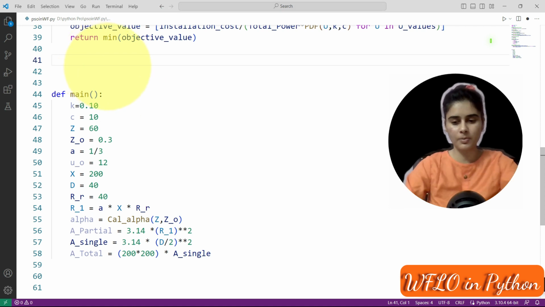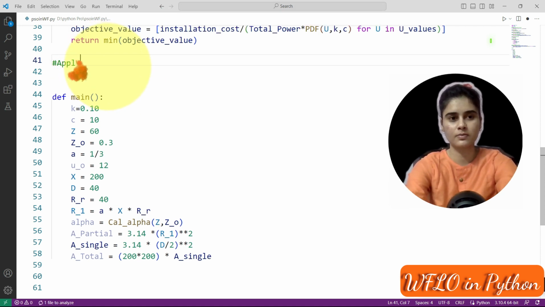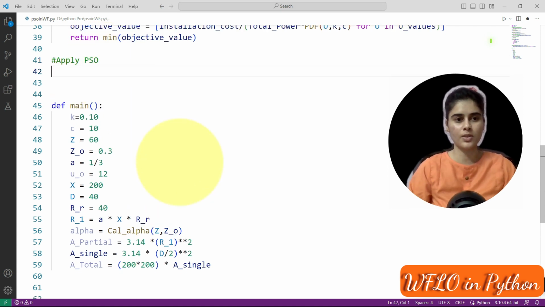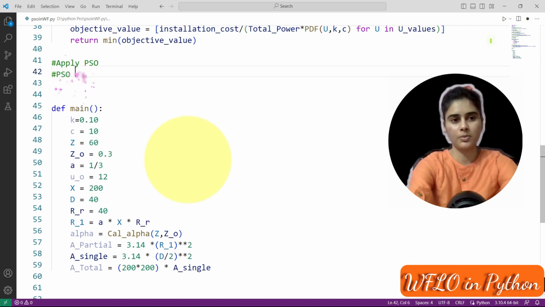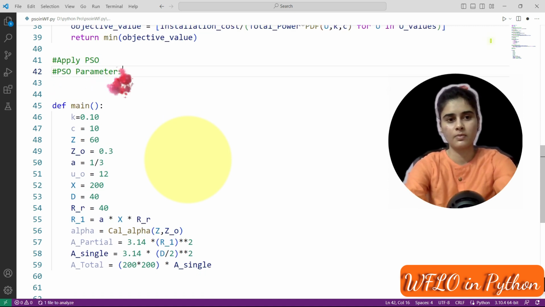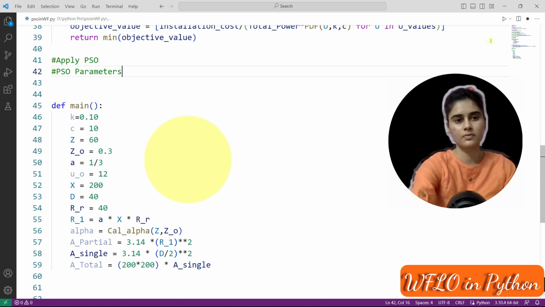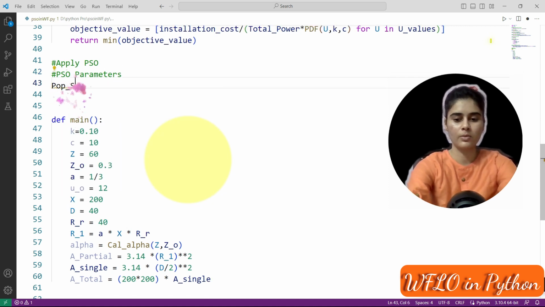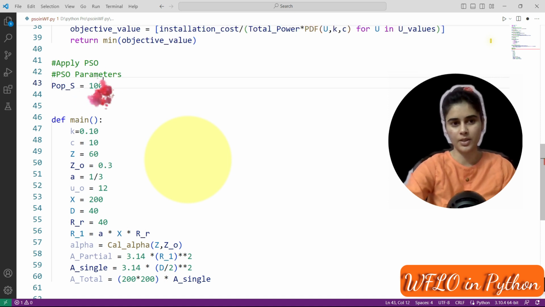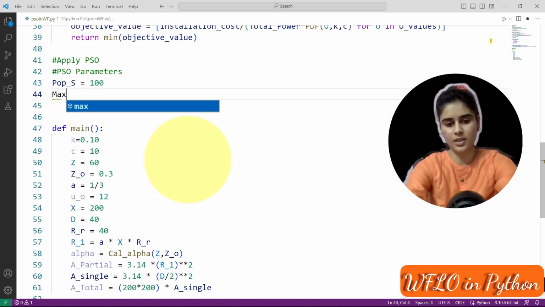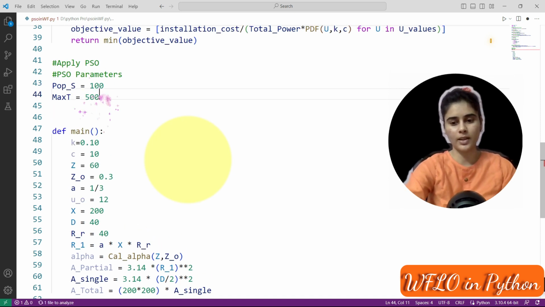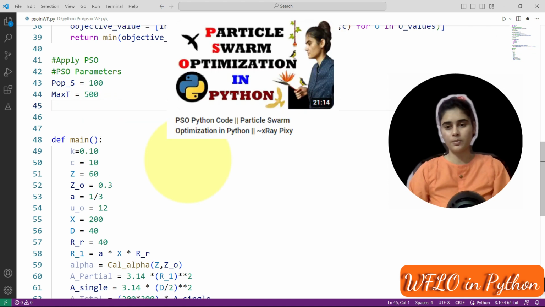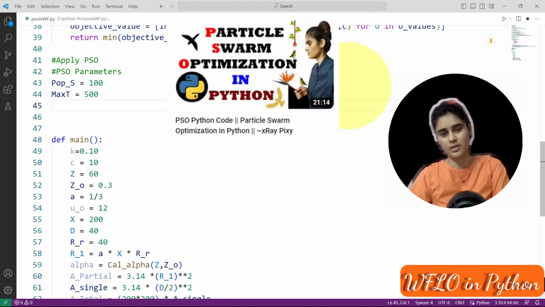So now we will apply PSO. First we will initialize the PSO parameters. Population size, suppose we have 100, maximum iteration suppose 500, and you know the PSO algorithm we already discussed in Python also.